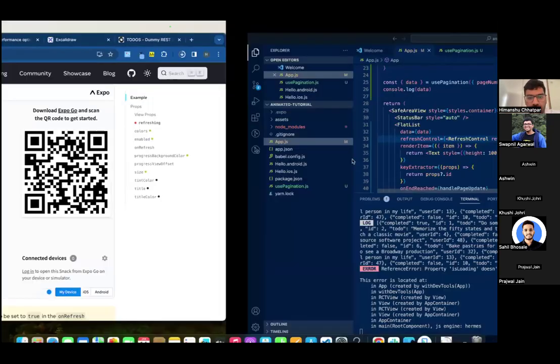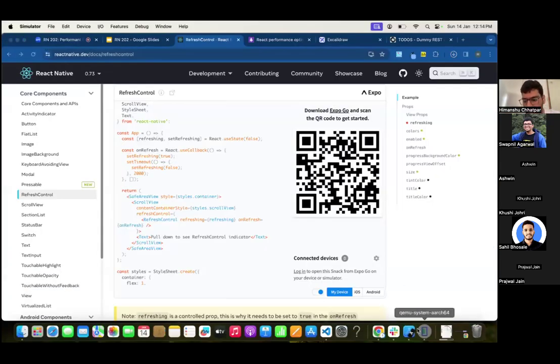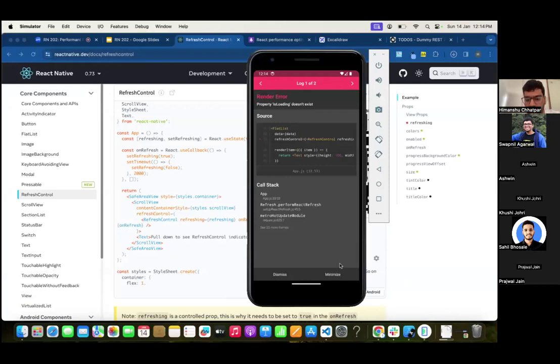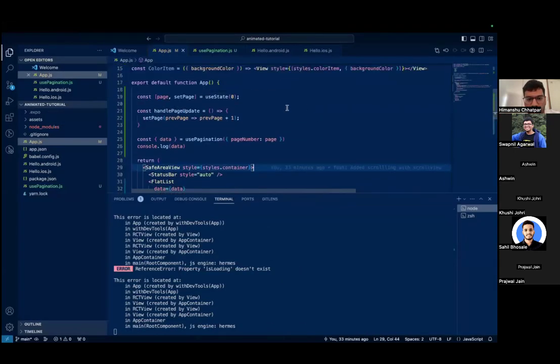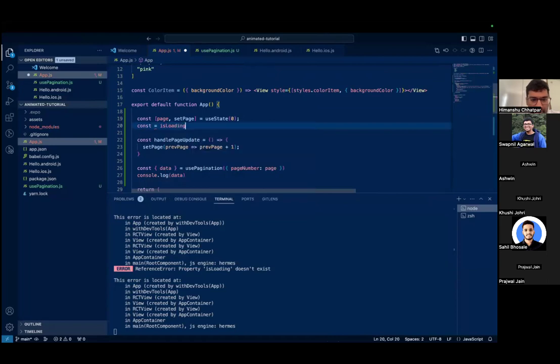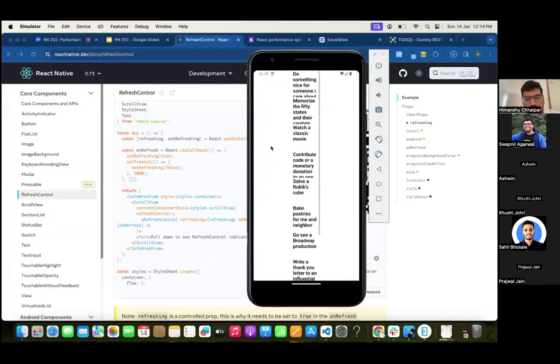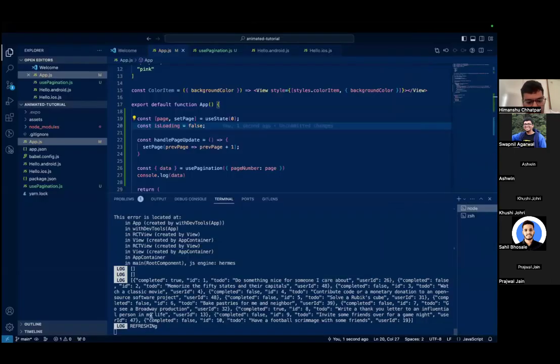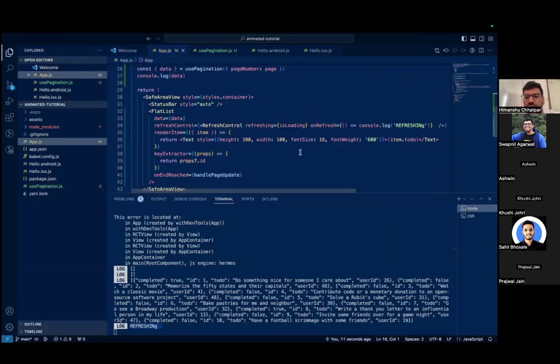refreshing. Right. So I'll just show you here on the simulator. Yeah, isLoading doesn't exist for now. So const isLoading is equal to false for now. Yeah, so you can see this, right? So this is pull to refresh. Whenever I pull, you can see this refreshing is done. So here you can actually manage the UI for loading and stuff like that. So this is your pull to refresh,